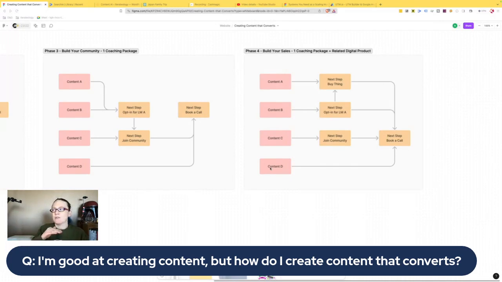But there's also a path to, hey, I joined the community. I don't have this set up, but I could have a regular post or something like that where, hey, your next step is book a call or something like that, or send me a DM. Which is actually something I don't have here, because send me a DM is a totally valid next step.